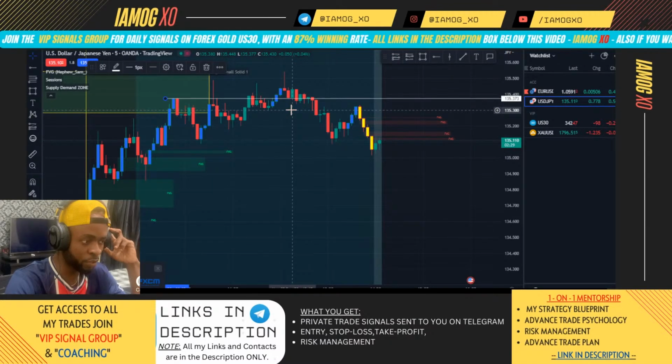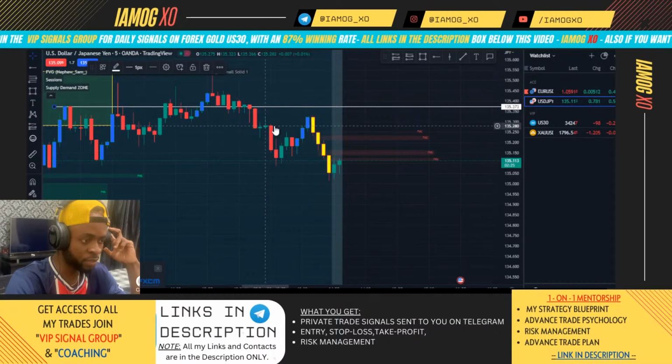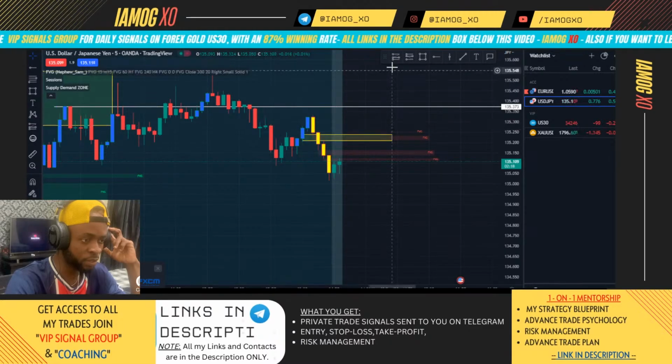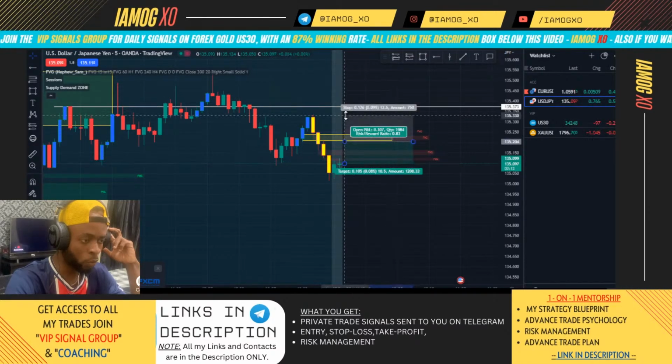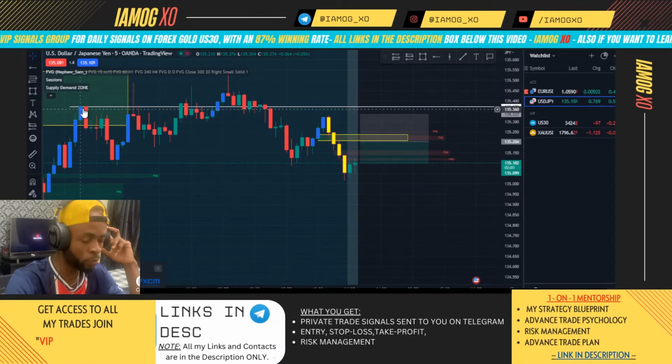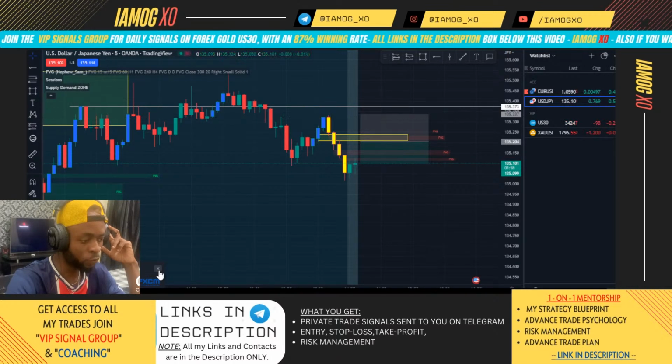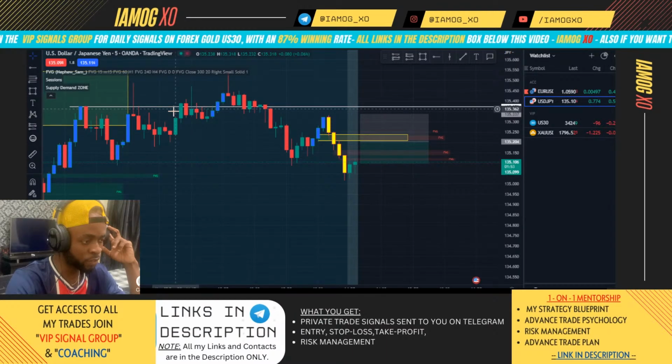So I'm looking at this zone. I think this is a good area of interest. I think I called this trade out. I'm not sure. Okay, no, I didn't call this trade out. I actually called this area of interest in my VIP group on Telegram, and I told all my subscribers that I would be looking for a trade at this zone. I was waiting for price to break out of this white line, which is my area of interest, and give me an FVG, which price clearly did at this point.